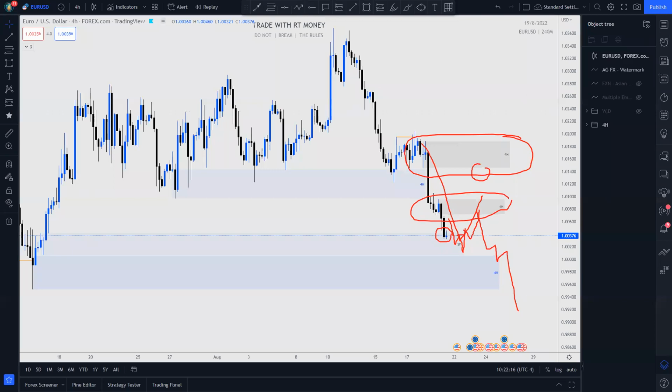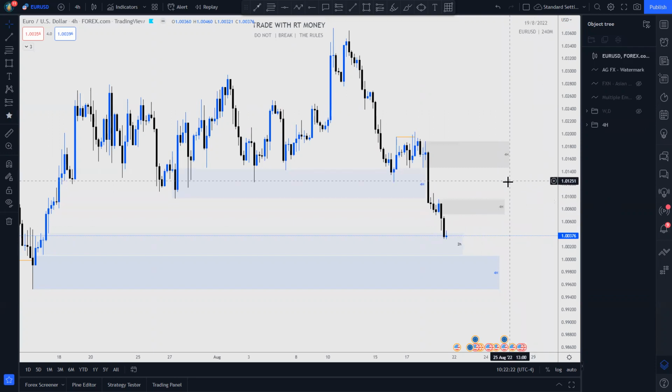Hold on, if I can just get a writing tool. I want you to see that this strong low that made that high, and price crashed through it. But we had the reaction first. That's why I marked this zone, because this is a potential